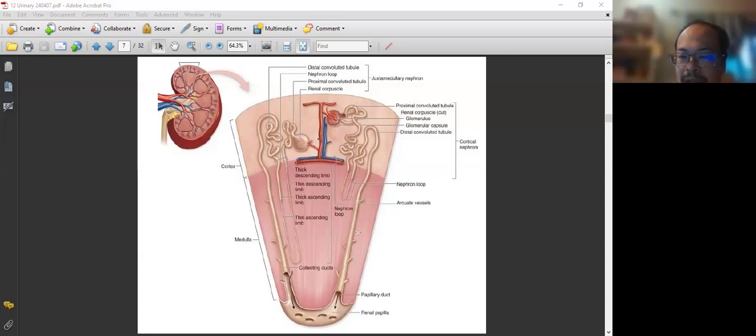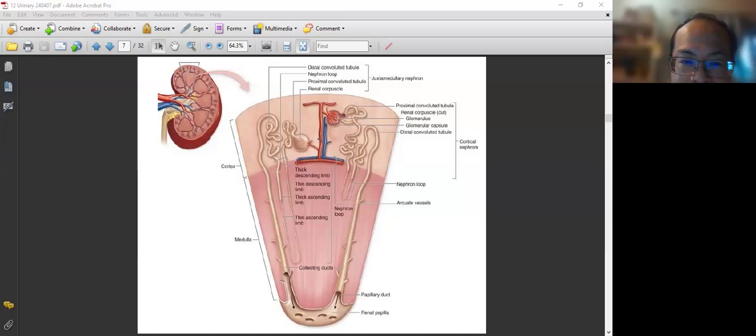You may ask, okay, we know that environment and that situation, but what caused it? What is the driving force that makes it so condensed? It is the loop of Henle. So this loop of Henle serves that function. Here is the Bowman's capsule, proximal tubule, then the loop of Henle coming down here. Then here is the distal tubule, then the collecting tubule and collecting ducts. This loop of Henle is unique in a way that